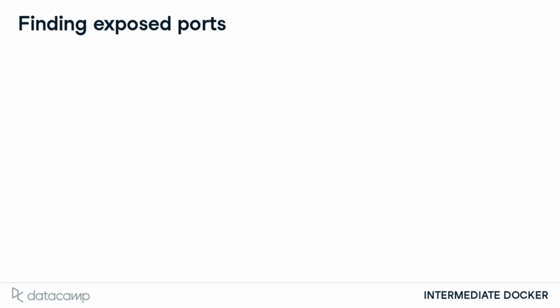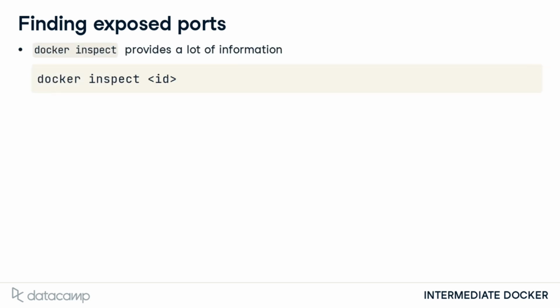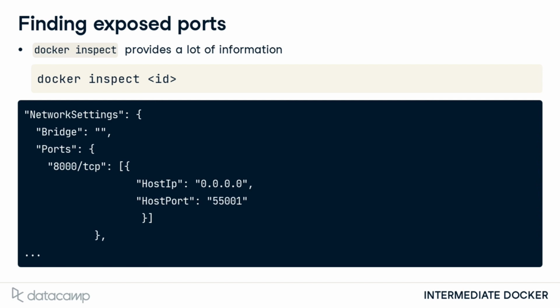Another more verbose method to find the exposed ports is the docker inspect command. If we run docker inspect with the container ID, we'll get a considerable amount of information in a JSON format. If we parse through the information, under the NetworkSettings Ports section, we'll see the exposed ports within the container and what host IP and port they are mapped to. Note that typically this information is overkill, but may be useful in cases of many exposed ports or more extended